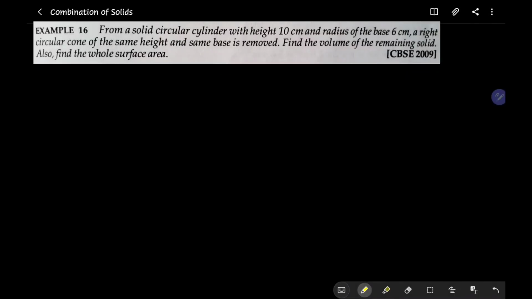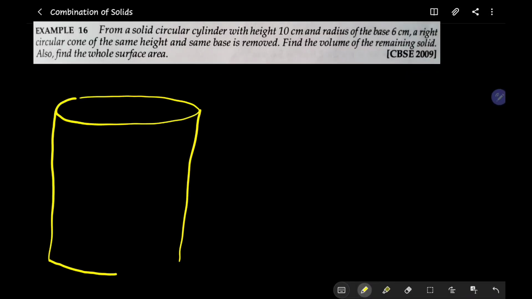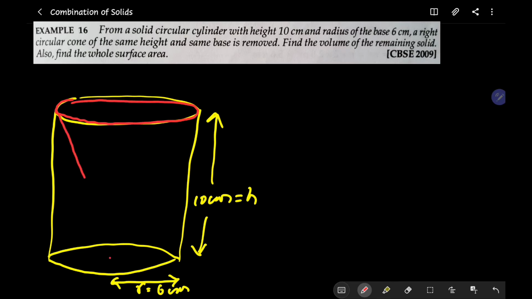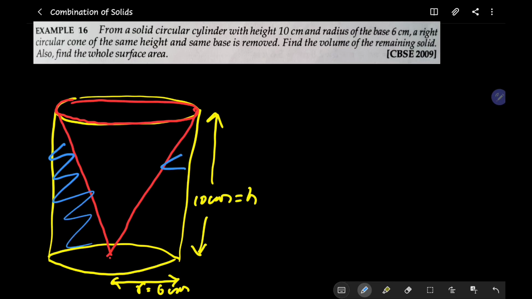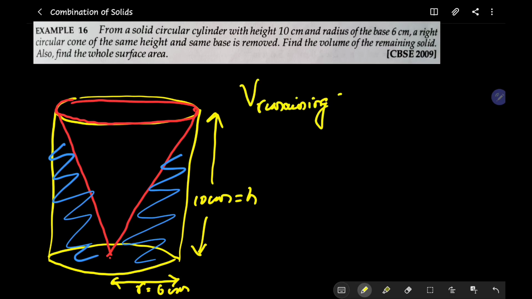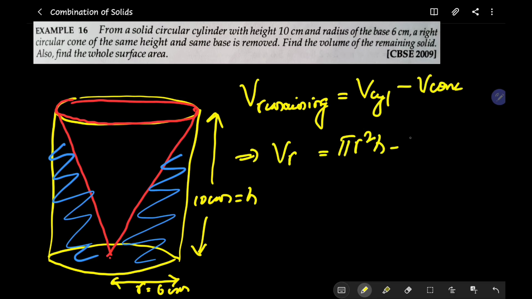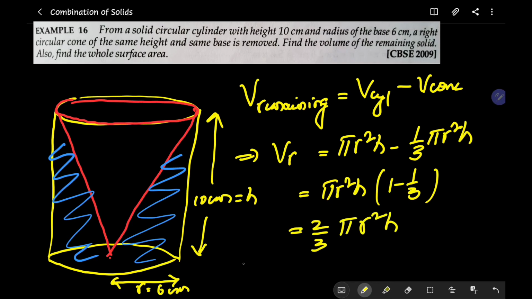In this third problem, from a cylinder, a cone in the red color is scooped out. The radii and heights of the cone and cylinder both are equal. In this problem, we are asked to find out both volume and total surface area. First, let's go for the volume. After removing the cone from the cylinder, you can see the remaining volume in blue color. So, volume remaining is equal to the volume of the cylinder minus volume of the cone. Substitutions and calculations are pretty simple. We'll get the answer as 240 pi centimeter cube.